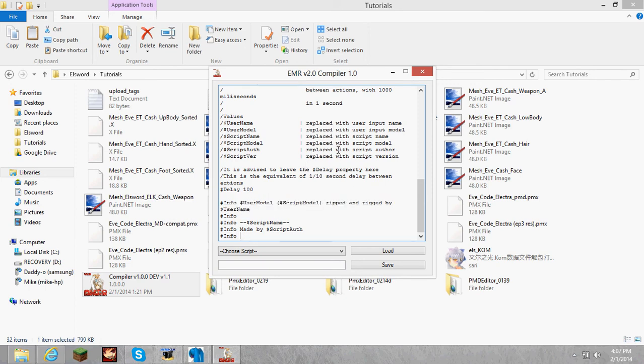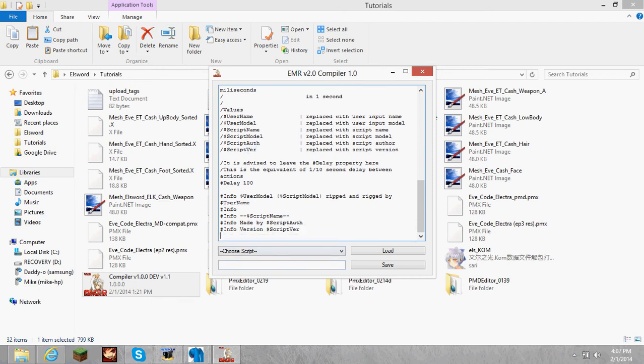But now there's a chance to do a little bit of extra stuff. Some of them are short, like script auth is the script author, or script var is the version, but mostly they're the same. I just didn't feel like writing the entirety of it out, and it makes it a little bit easier. So I'm going to make one more line and just do